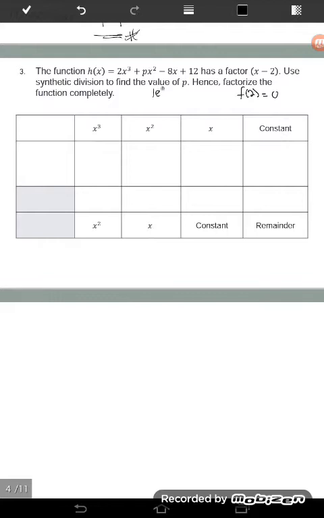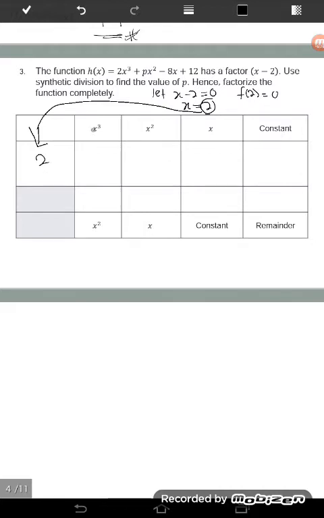So yang ni, let x minus 2 equal to 0, so x is equal to 2. So gantikan 2 dalam x ni dan dia akan dapat sama dengan kosong. So gunakan persamaan ni, so use this equation to find the value of p. Okay, so that one if we use factor theorem. Okay, so now we use synthetic division. So we take to this one, put here.